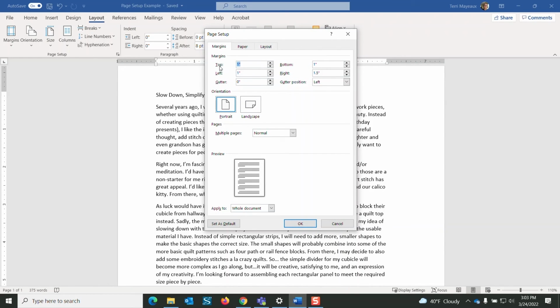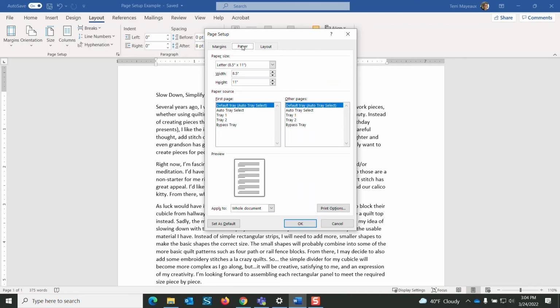And we've already seen the margins and even played with that a little bit, but we could also change the orientation here. So that's the second button in that page setup group. And we could go from portrait to landscape, for example. We've already seen that we can preview either the whole document or just from this point forward if we need to do that. But as I go back up to the top, to the right of the Margins tab, there